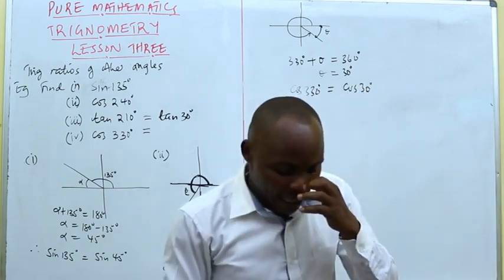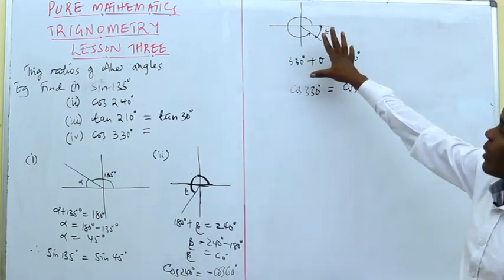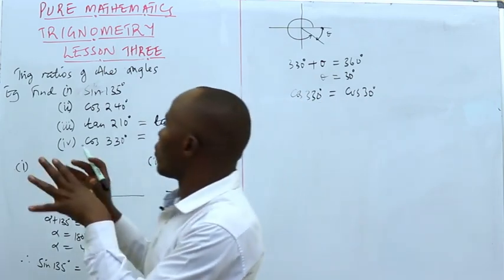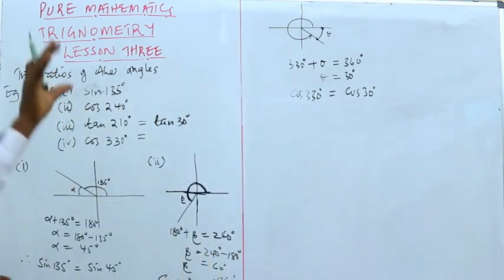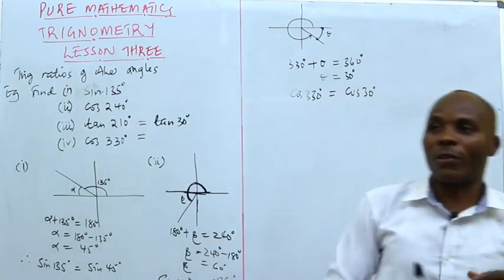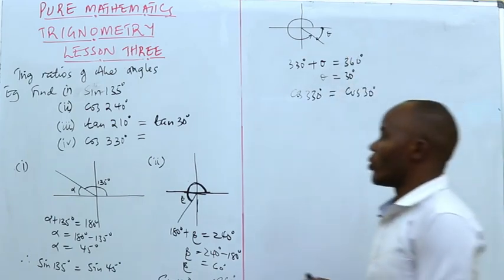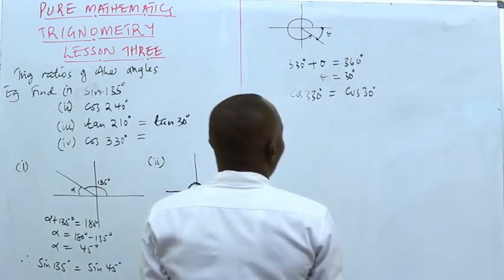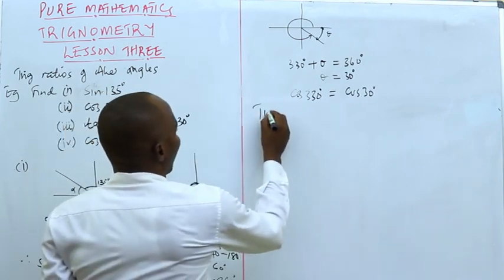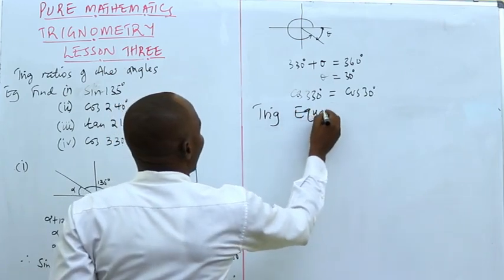Are we together there? So, ladies and gentlemen, what I've been trying to emphasize here is, can we get trig ratios of other angles using the other ratios we've looked at, 30, 45 and 60? Can we use them to get these ones here? Yes, we've discovered that we can. So from there, let's talk about trig or trigonometric equations